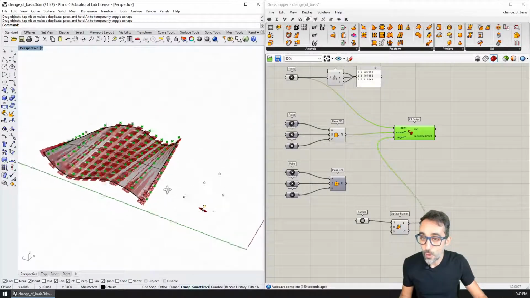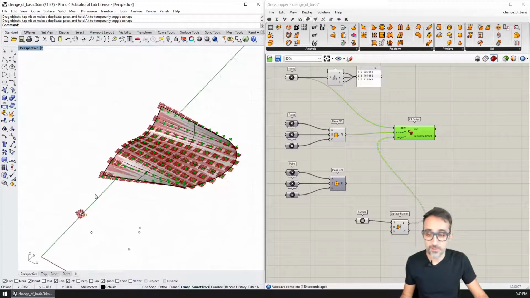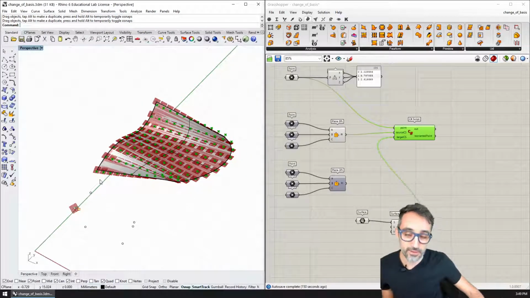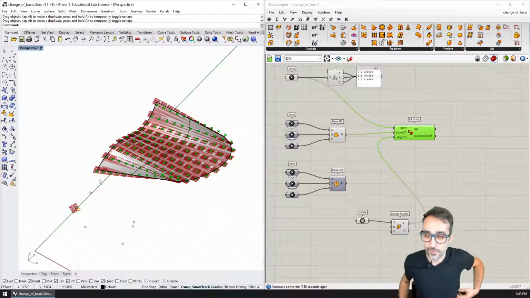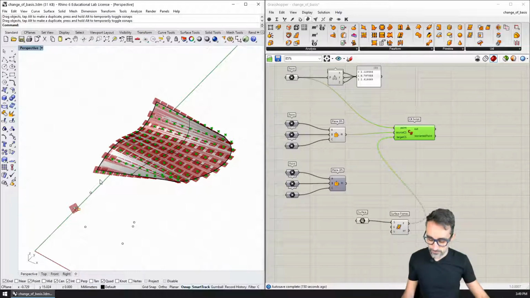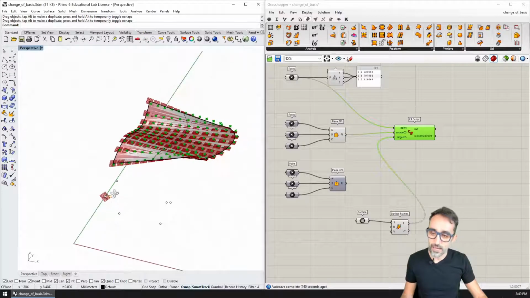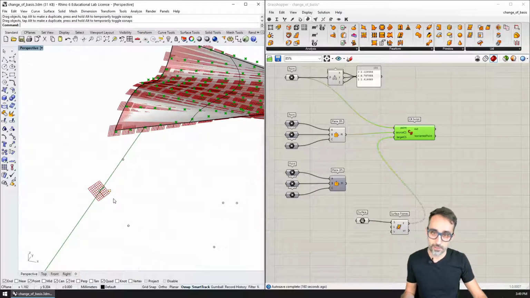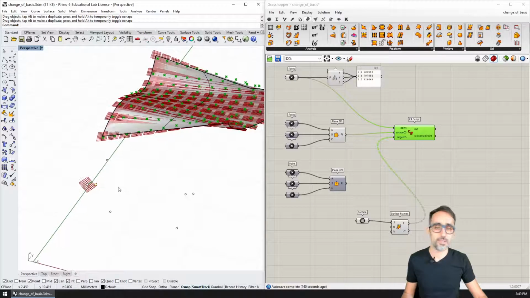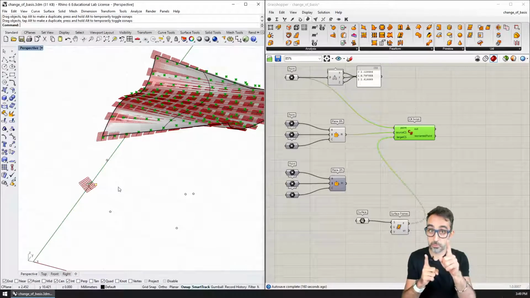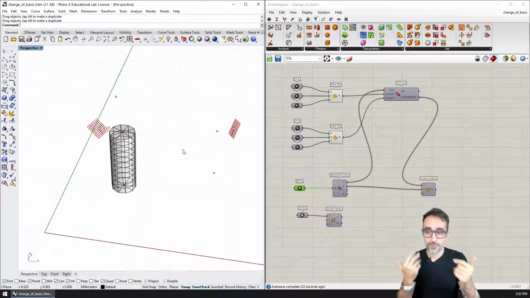So why is this interesting? Well, it can give us a way of offsetting the surface or making operations with the surface or with elements of the surface. Or, for example, if I had a mesh object, let me actually do that with a mesh object. Hold on. So with a mesh, it looks something like this.